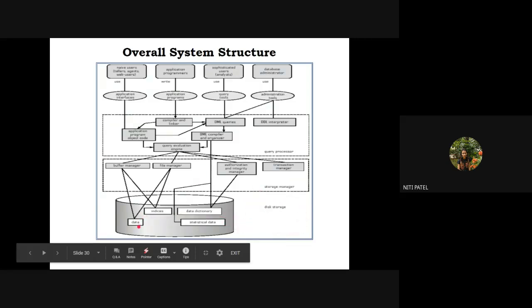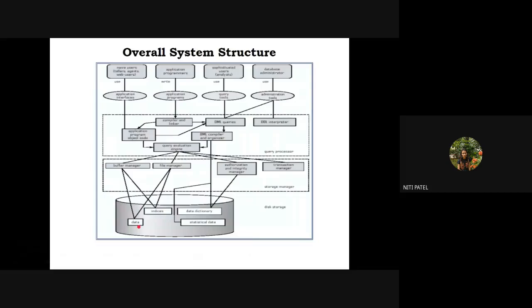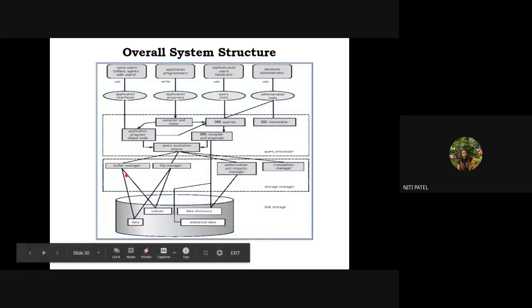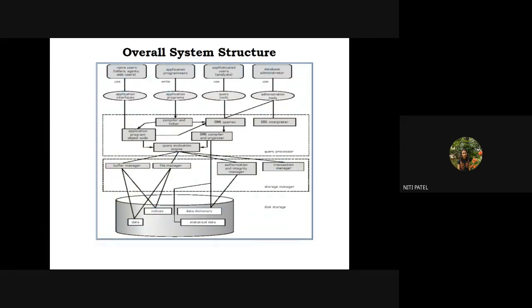We have data, that is your exact data, which you are copying as it is. So from the buffer manager, it will be copied as it is on a permanent basis. You have indices. What do you mean by indices? Whenever you want to search for data, the index of that data is made. Now, everyone has seen a reference book. A reference book has an index page. Okay, topic chapter 1 is on page number 18.